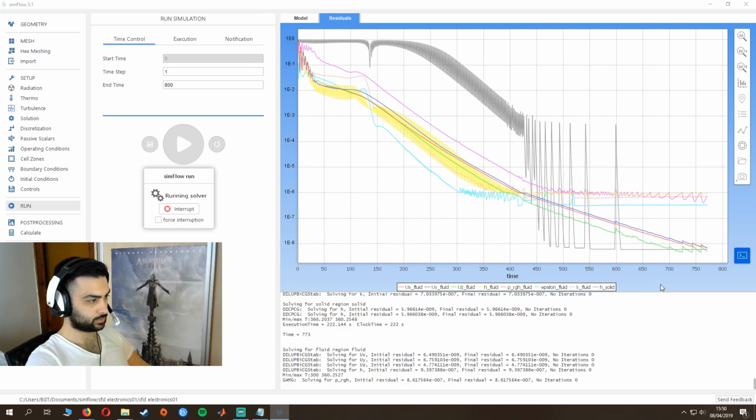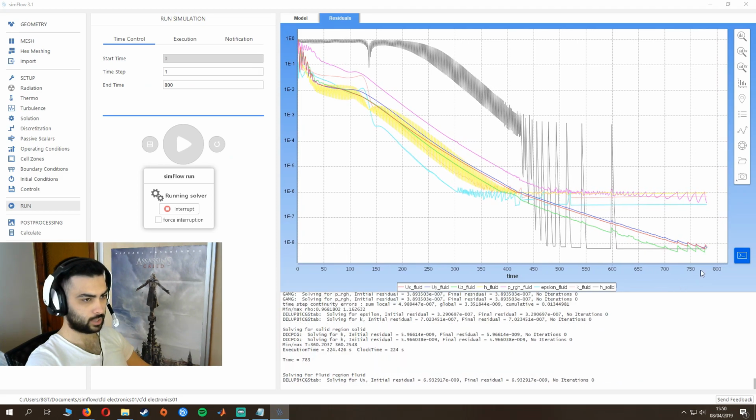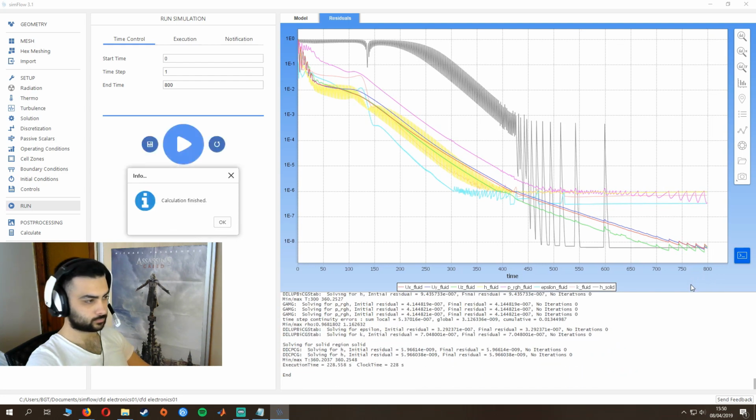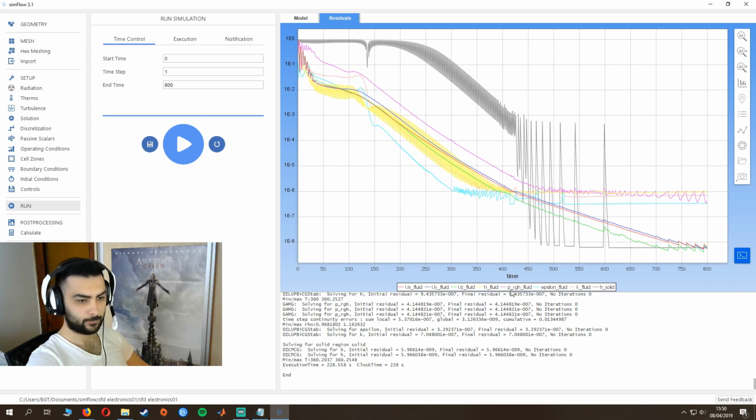Right now the process is around 780 and it's near to end, and calculation finished. It's okay, and you will go to the post-processing,